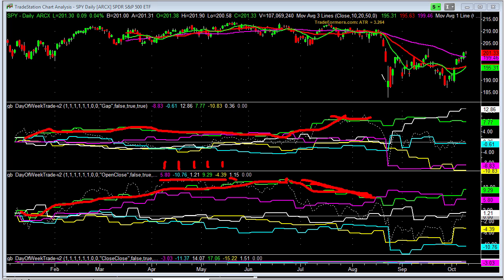Now, the other interesting thing is what happened after the crash. A couple of days really changed their complexion. So after the crash, look what happened to the gaps on Wednesday. Ever since the crash on the 24th, Wednesday has gapped up every single day. Not always by a lot, but every single day it has gapped up. It has not necessarily moved up after the gap. Some days it did, some days it didn't. But on balance, it's been a positive day, but primarily because of the gap.